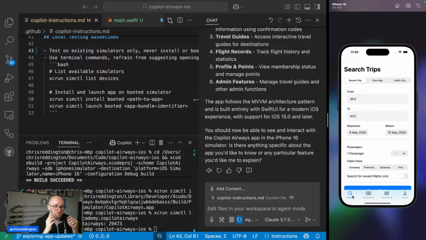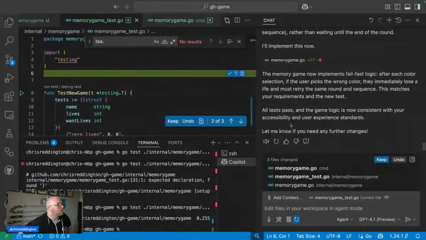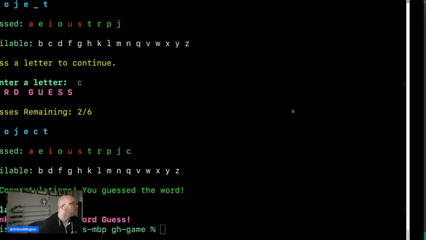Need to fix a few bugs, but to translate from Next.js to this Swift app, I guess it was about 45 minutes. And then I've done a bit of prompting afterwards to get it here. I was impressed. It was a fun Friday afternoon. So this is something that I will be continuing to work on. But I just wanted to show another example of how this agent mode and these custom instructions can work. So let me jump back to what we were talking about earlier, which was this memory game. And to your point, Surly Dev,